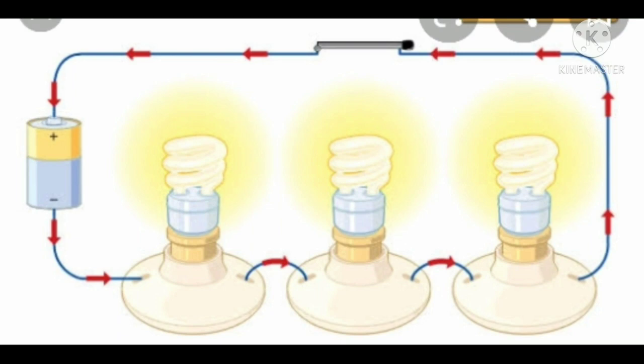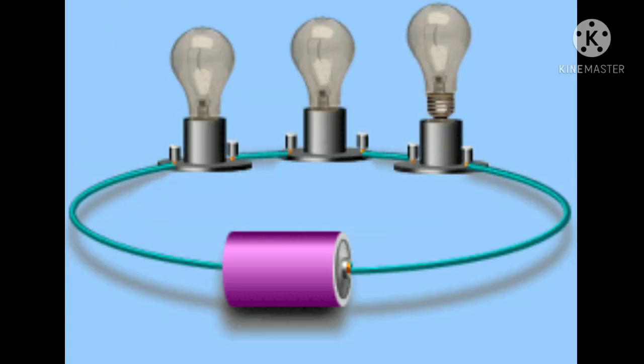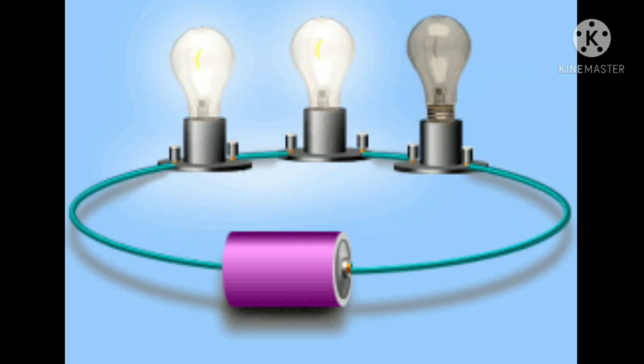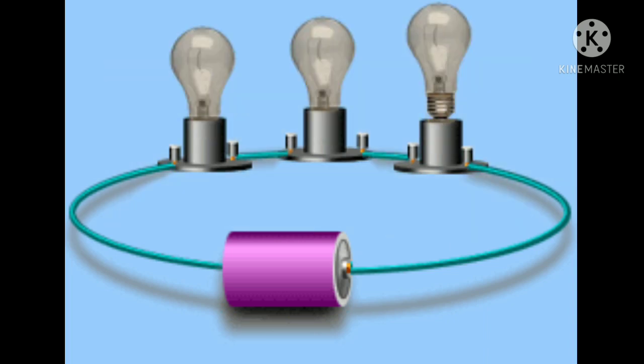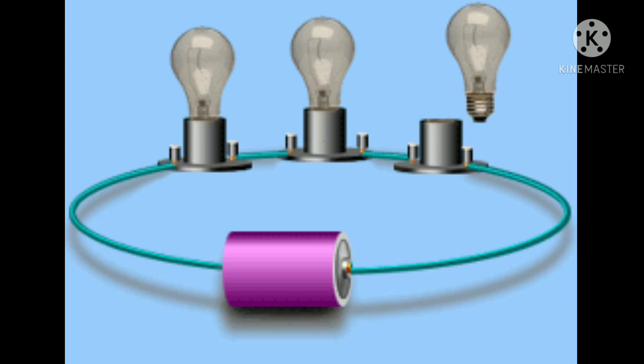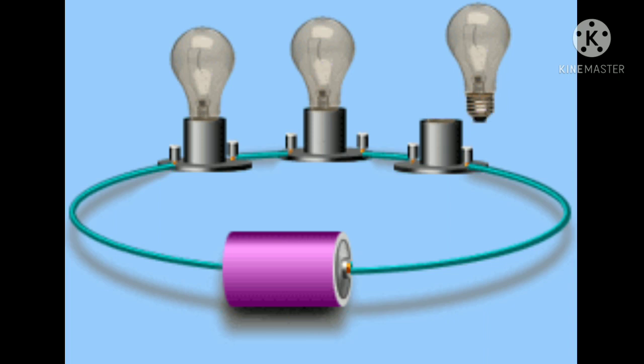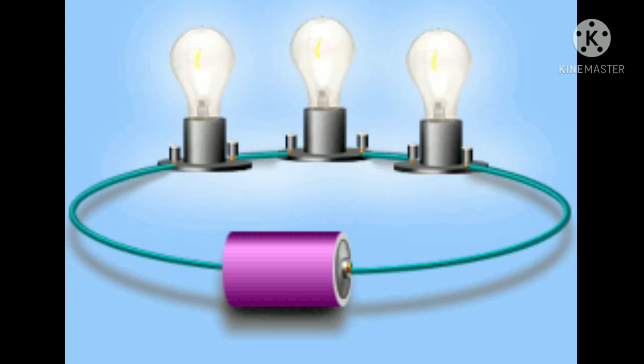If one of the bulbs in the circuit is unscrewed, the current flow to the other bulbs would be interrupted. We put serial lights during festivals. If the lights are in a series circuit, one burnt out bulb will keep all the lights off. If the number of bulbs in a circuit with the battery increases, the light will be dimmer because many resistors are acting on the same power from the battery.